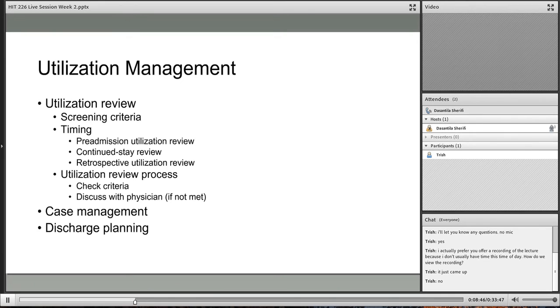The second function is case management, and this has to do with managing a patient's case from the beginning of admission all the way to making arrangements for certain levels of care. Okay, where should the patient go next? That's what this comes down to. And then when it comes to discharge planning, that is specific to, do we have a plan in place? Where will the patient be going after discharge? Will they go home? Will they go to a nursing home? Will they go to rehab? And so on. Any questions on this slide?